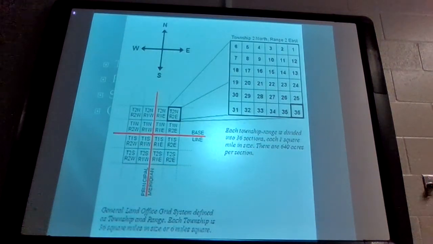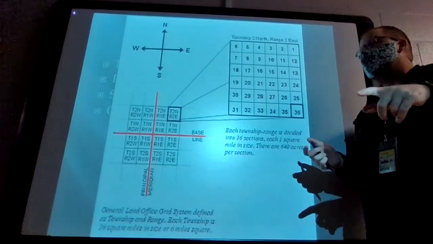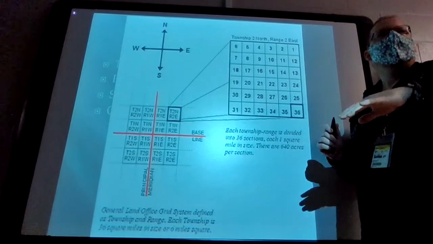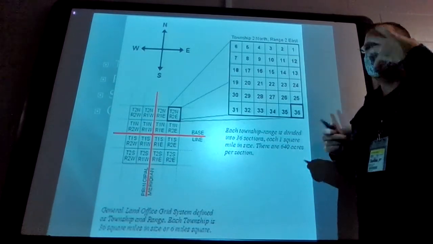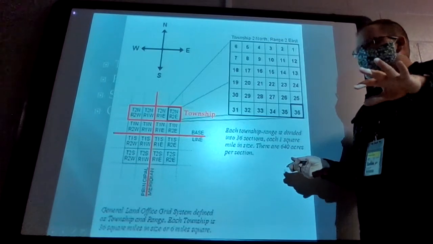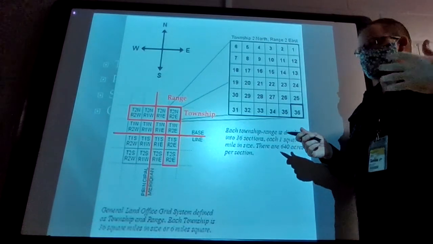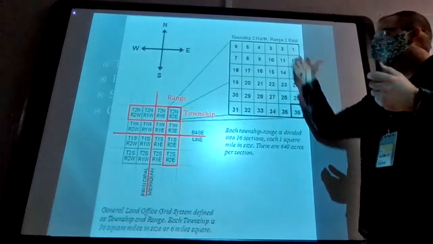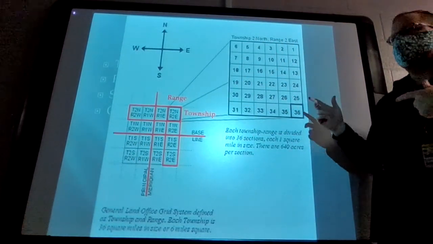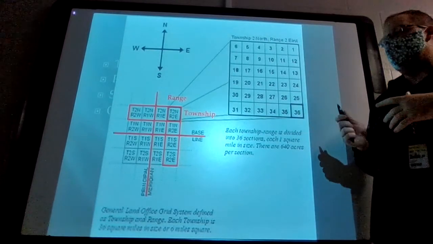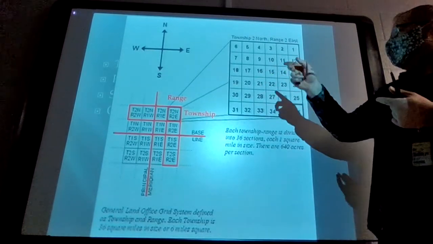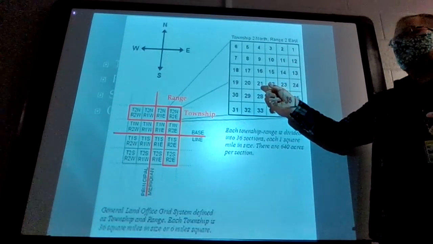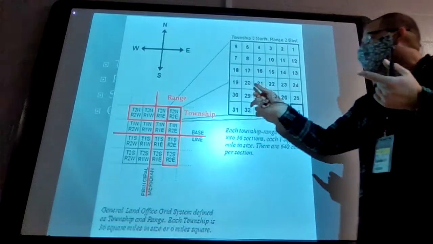And so this is a really weird system. Can everybody agree with that? Looking at a map, it's not easily understandable and you're like, oh yeah, I got this. So when you get to this part on the lab packet, definitely come back and watch this video, at least this part of the video, and try to get an understanding of what this is. But basically what they're going to do is they're going to give you a blank version of this and just ask you to write everything in. And then they're going to have a couple symbols here and there that are going to ask you, if I had an actual map and there was an X right here, what would be the township and what would be the range and what would be the